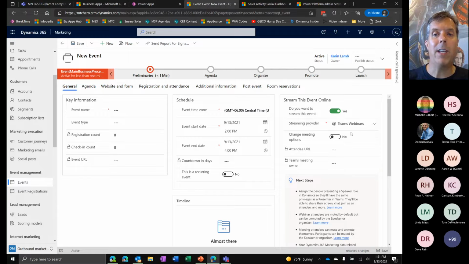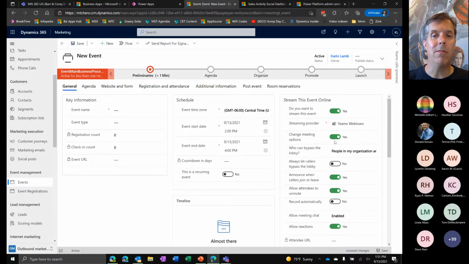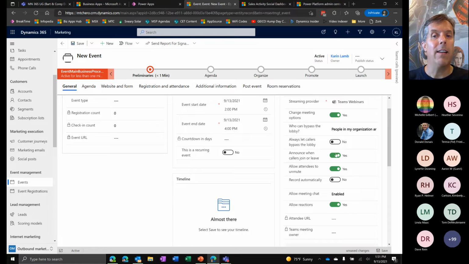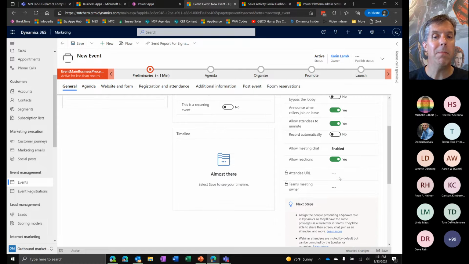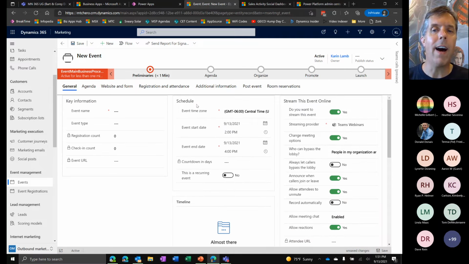And I just pick the appropriate one, and I can set a lot of the Teams features as I'm going to schedule the meeting, and then once I've saved this and activated this event as one that's going live, it will send the invite, and I can be creative with how I want those to work, and it will schedule all of the Teams side of it for me and keep track of the data that I then care about from a registration and attendance and post-event capabilities.